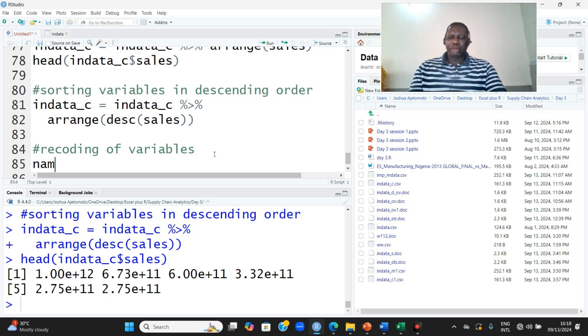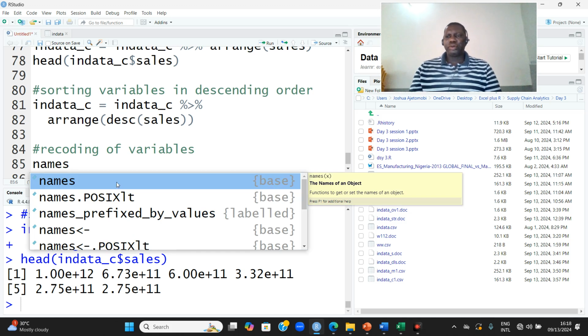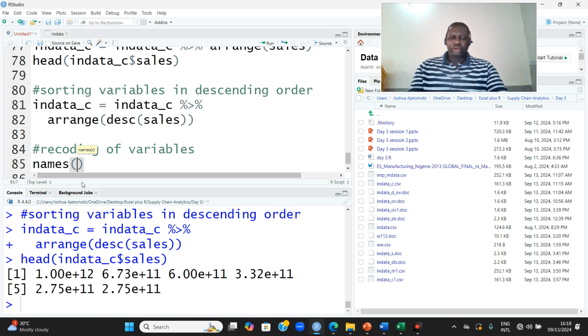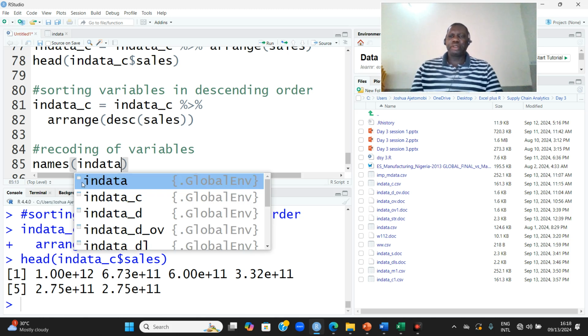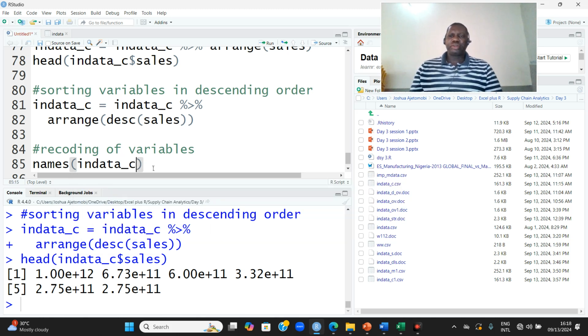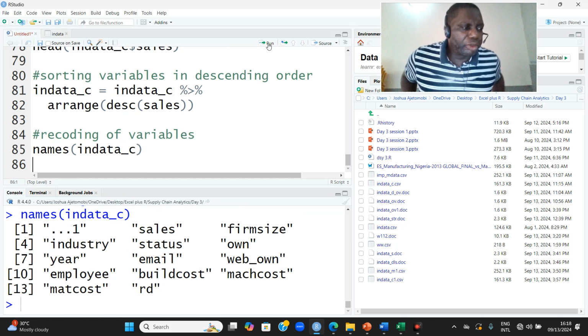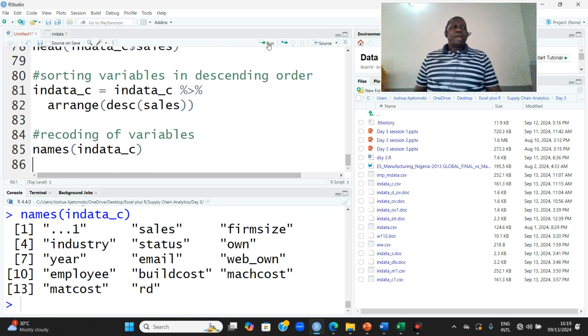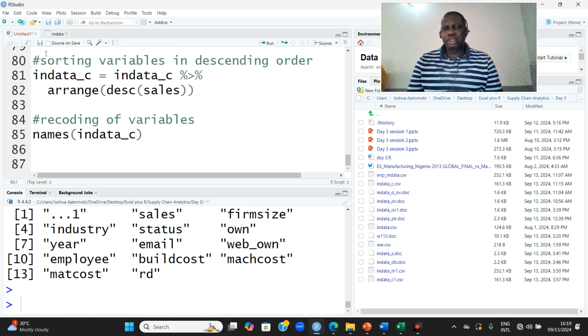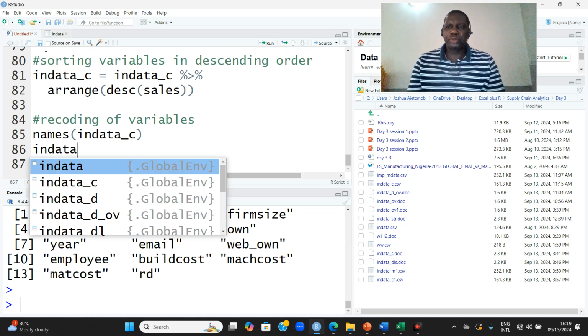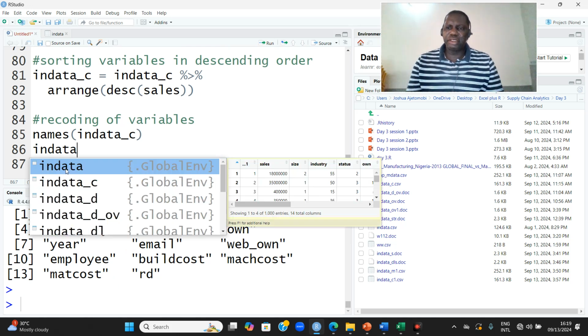Let's get the names of our variables so that we know what we are trying to recode. So we have in data underscore C. So let's run it. Fine. So now let's say we want to recode. Let's start with our frame size. So in this case, we have in data underscore C